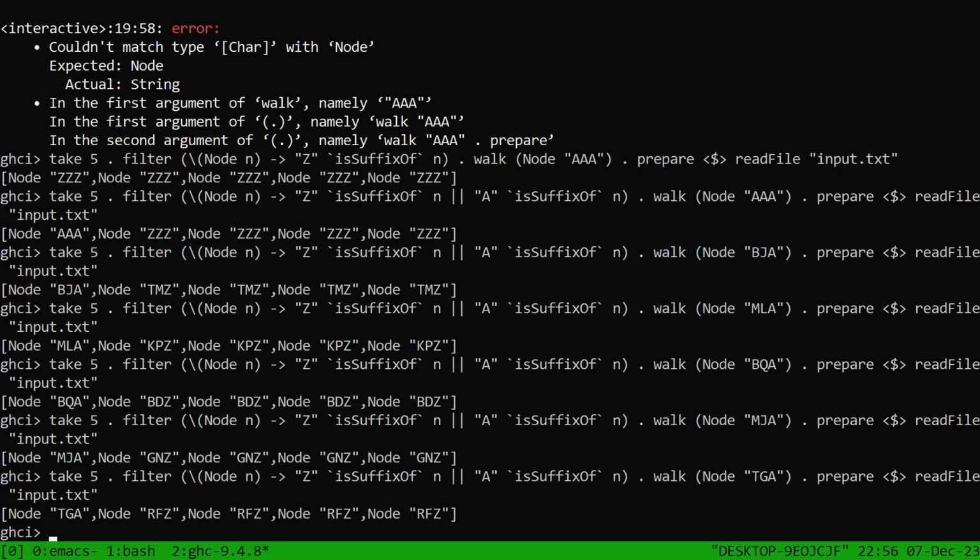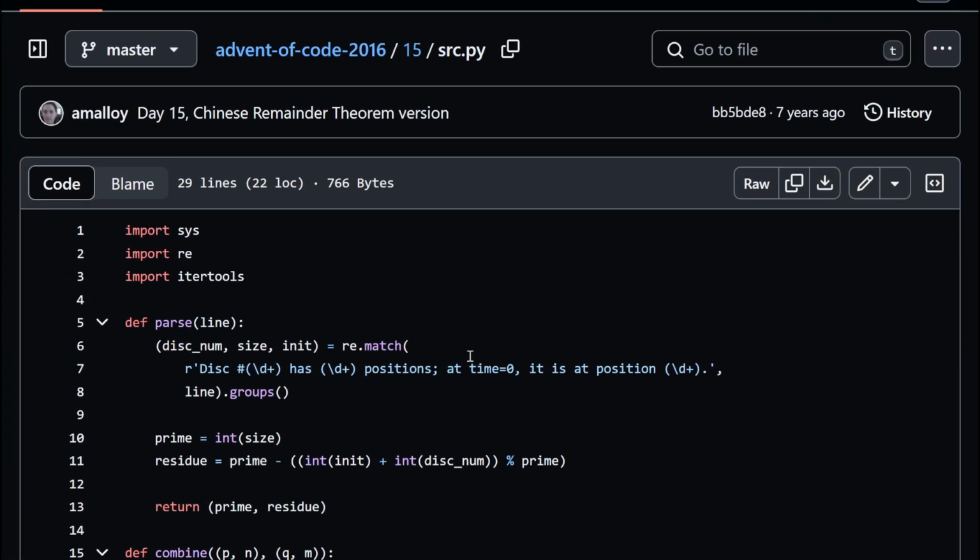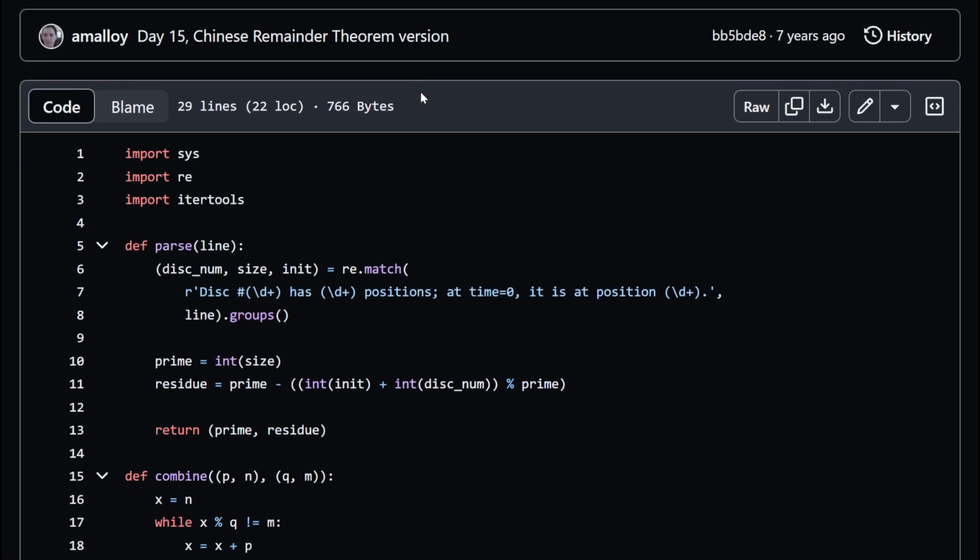Day 15? Yeah, that's probably right. So let me just make sure this is the right one. itertools, parse, solve. Yes. So I will show you my Python solution from 2016, day 15,